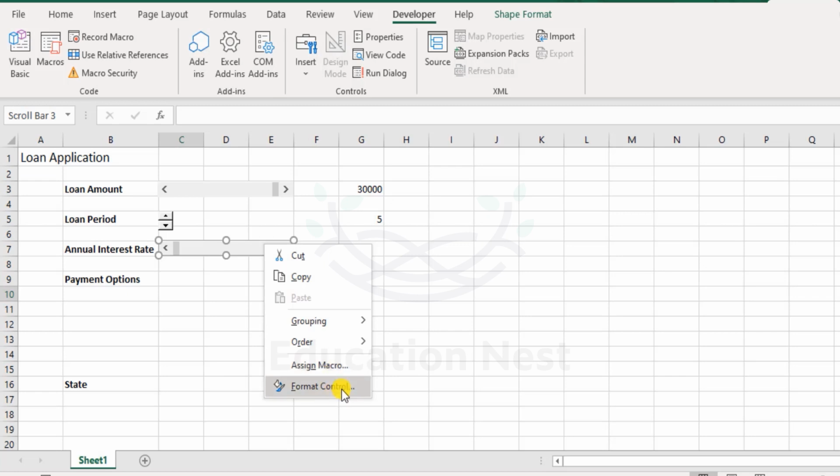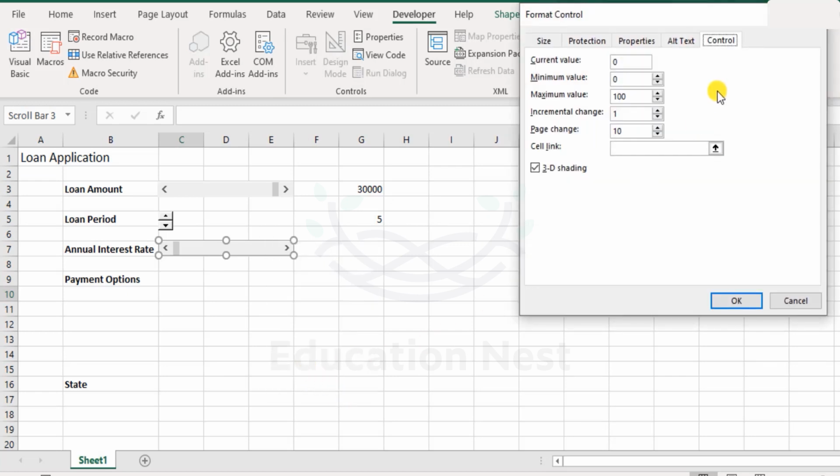Right click on it, click on Format Control. Now the maximum value, we are talking about the interest rate here. It totally depends on where you're using it. If you're going by the federal rates, the language of how the economists talk, then they would generally talk in the form of basis points. 100 basis points makes 1%. So here, for example, I would say minimum value as 0, maximum value, let's say 15% is the maximum